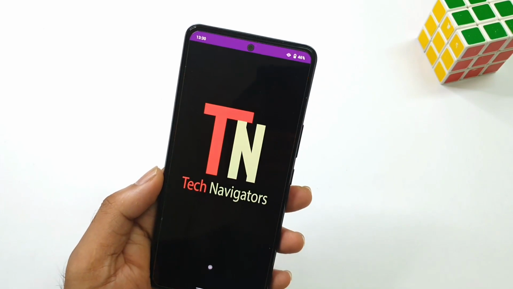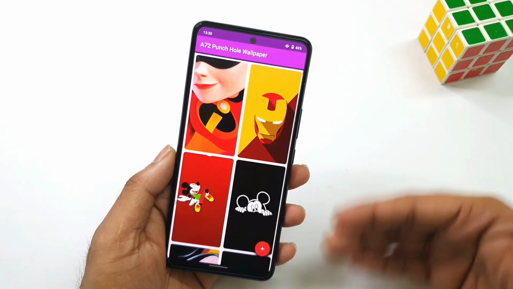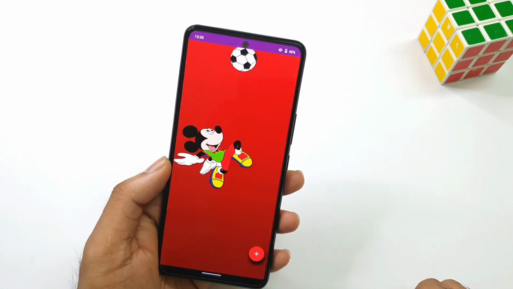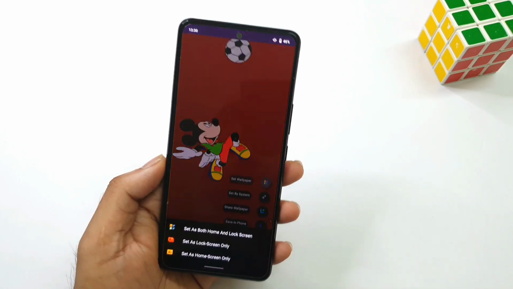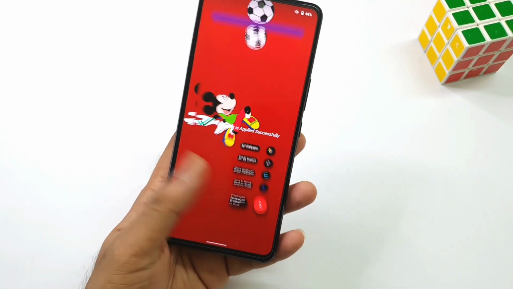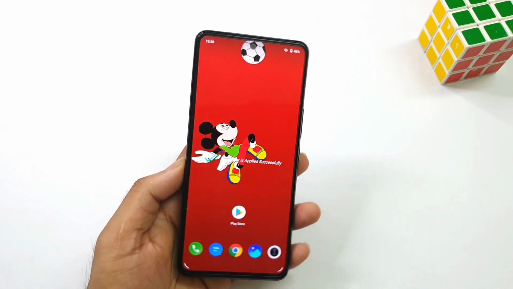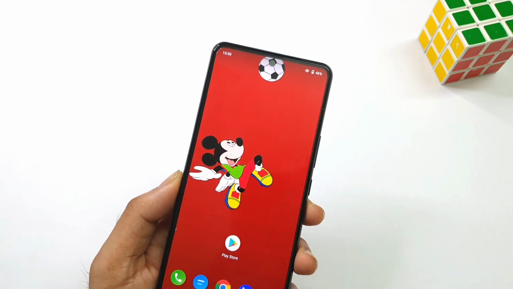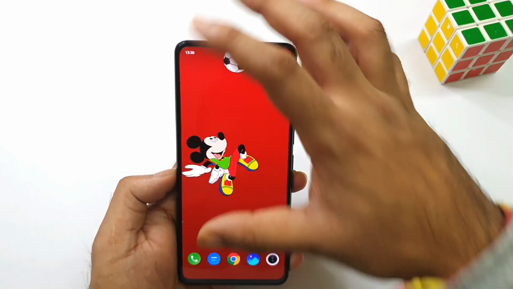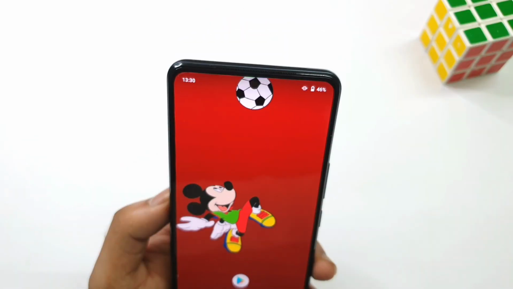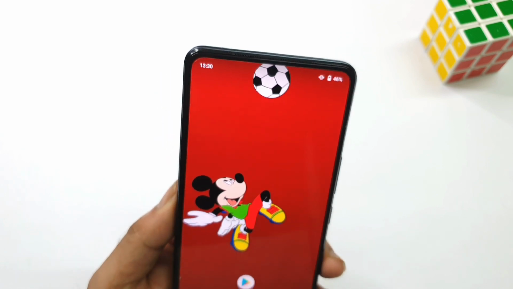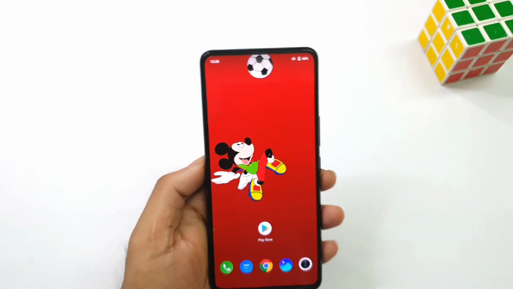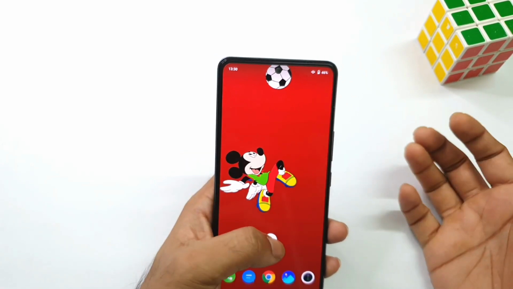Let me open the application again. Every time you open the application, it will take some time to reload. This is another one, Mickey Mouse. Let me select this one, so let's go to select wallpaper. Not only the home screen, you can apply it even on the lock screen, which looks really good in terms of hiding the punch-hole camera. Within this wallpaper, if you see from a certain angle, you will definitely forget about the front cam whenever you look at the home screen. That is a useful benefit of this kind of wallpaper application.